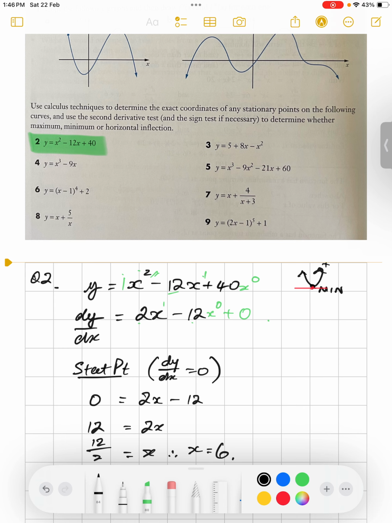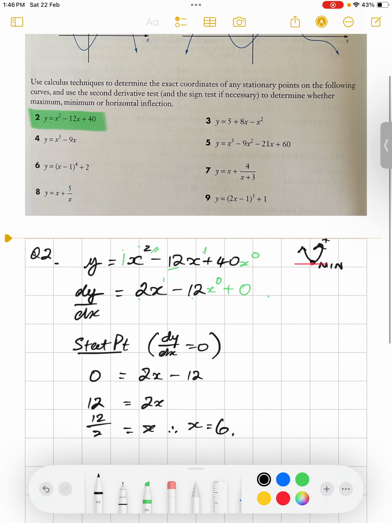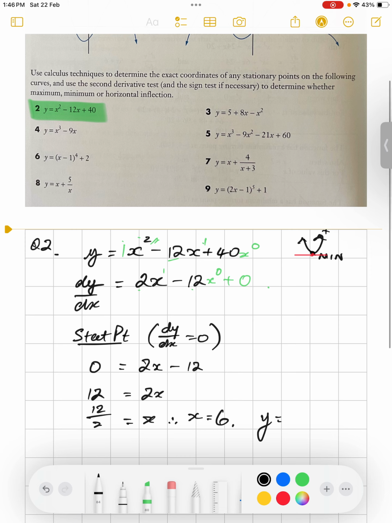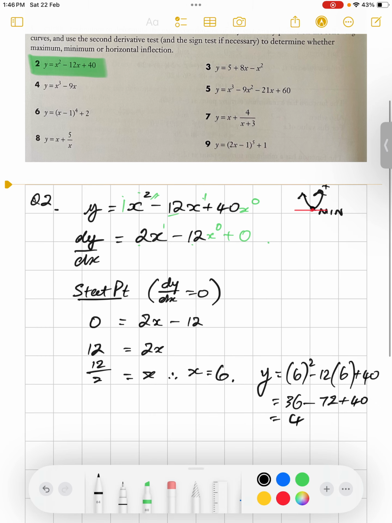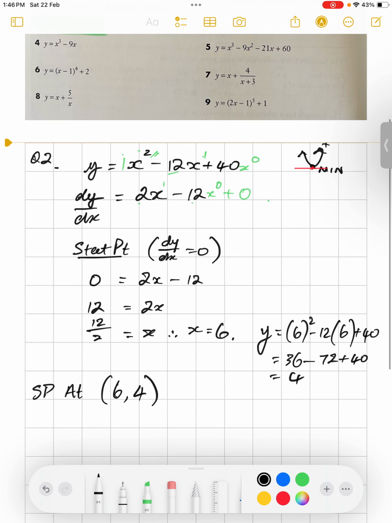To find the y value, because it's a point, we substitute the x equals 6 into the y equation. So you've got 6 squared minus 12 times 6 plus 40. 36, take away 72 plus 40. 76 minus 72 is 4. So there is a stationary point at 6, 4, and we test that in the second derivative,